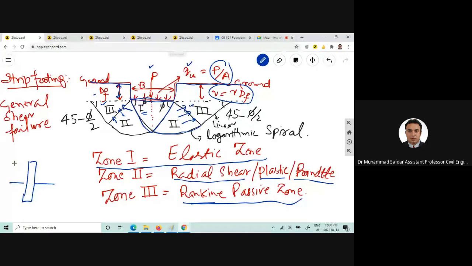if this retaining wall is moving this way, this soil will be in the active case, so that's why this is the active zone. And this soil is pushed here, so there will be a passive resistance applied onto the retaining wall, so that is giving us the passive resistance. Okay,